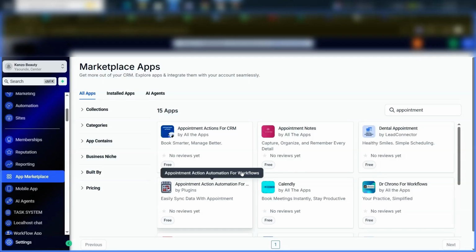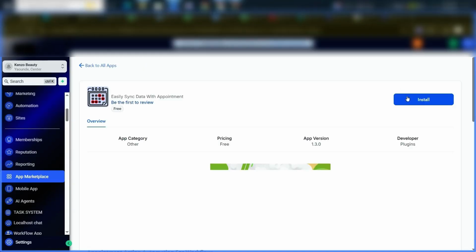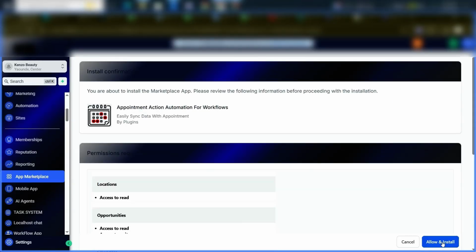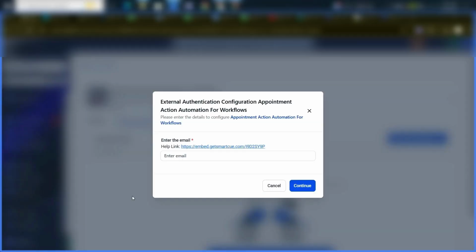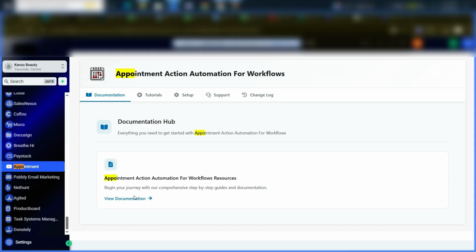Once you're in your account, navigate to App Marketplace, search for the app and click on it. Then you click on Install and click on Allow and Install. Ignore this pop-up. Then you will load your page and then search for the custom page of the app and